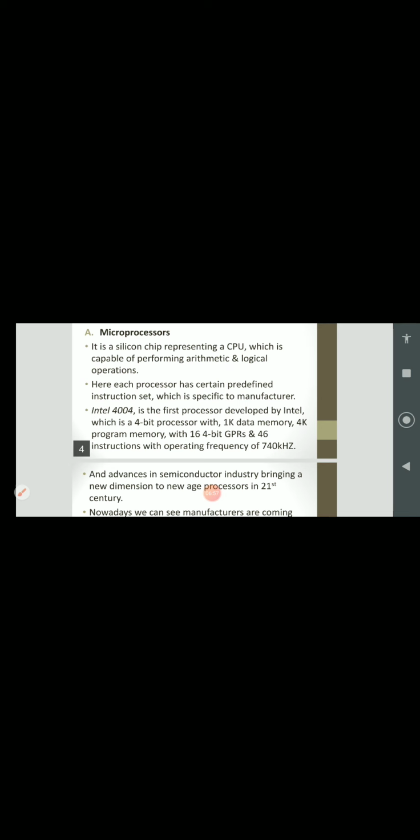Okay, you can see here one more point. Intel 4004 is the first processor developed by Intel, which is a 4-bit processor with 1K data memory, 4K program memory, with 16 4-bit GPRs.